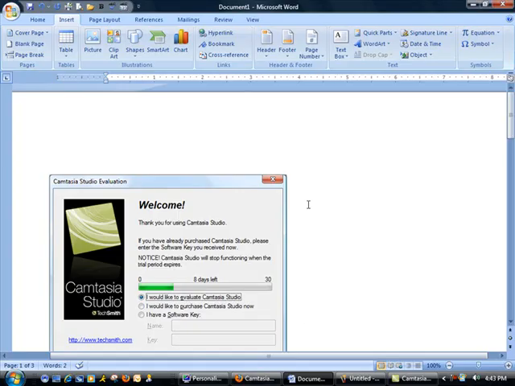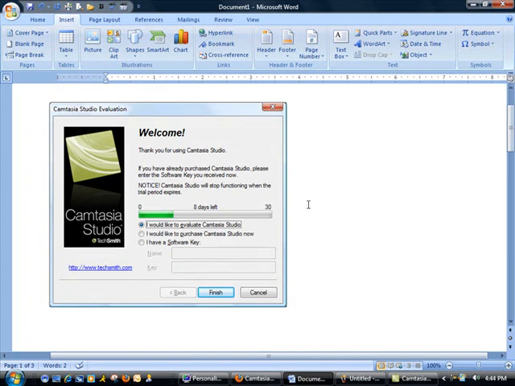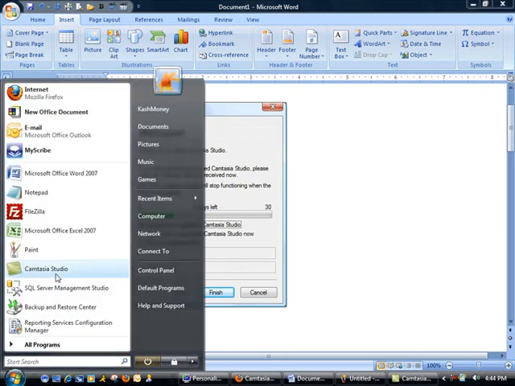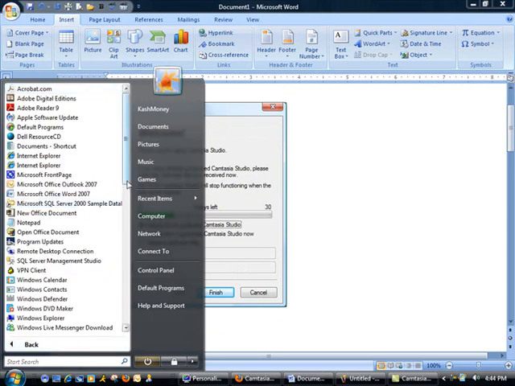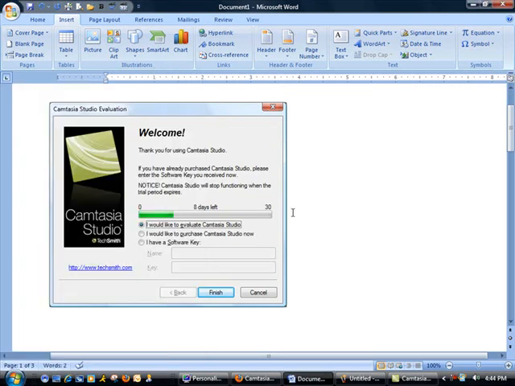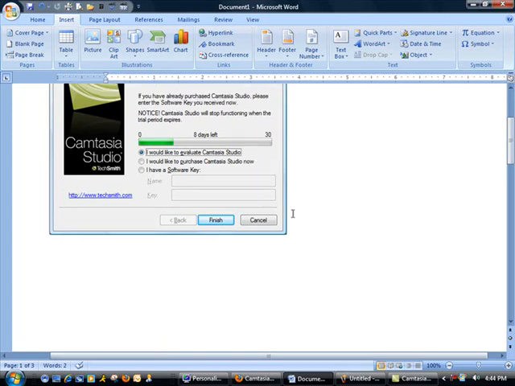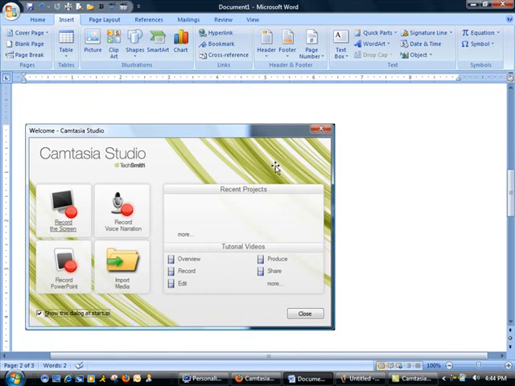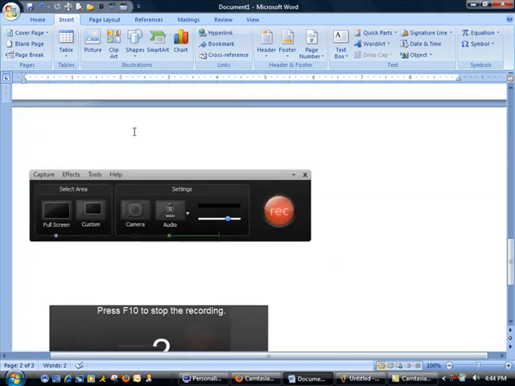So what I did was I put this in my Word document just to show you how to do this. Once you download and install the product, you can start it by going to Start and then Camtasia Studio. I believe it should be under All Programs also, Camtasia Studio 6. Once you start the product, you will get this prompt. I'm using an eval edition, so you click on finish here. Next you will get this screen. This is where you tell it what you are trying to do. In our case, we picked the record the screen option,